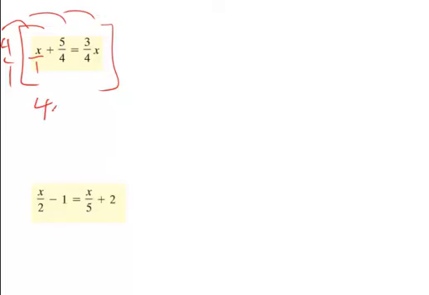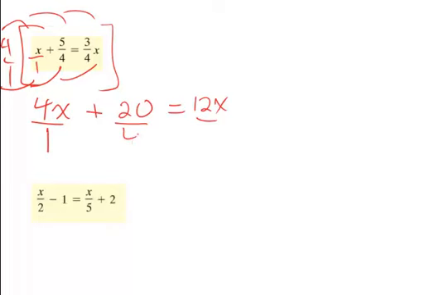So that's going to give me 4x plus 4 times 5 is 20, equals 4 times 3 is 12 with an x. Again, the bottom numbers are all getting multiplied by 1, so that stays a 1, that stays a 4, and that stays a 4. We can simplify our fractions, so we're now going to have 4x plus 5 is equal